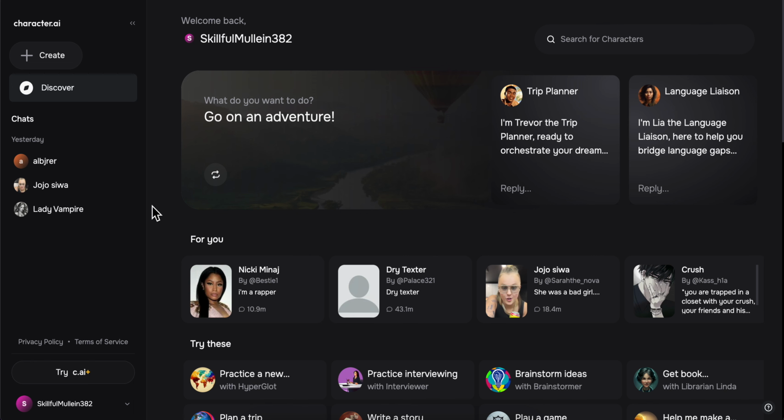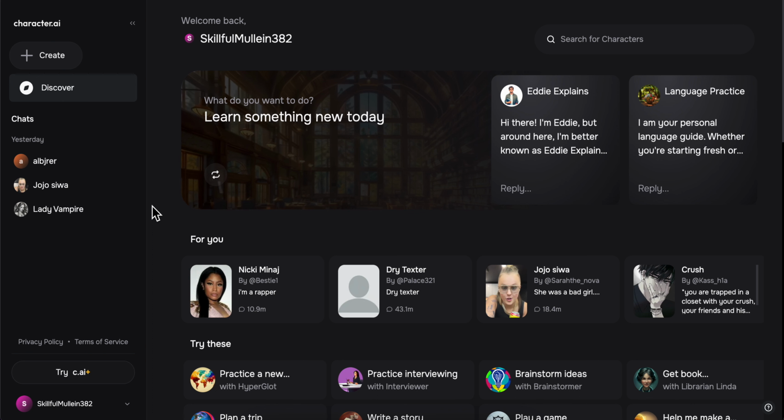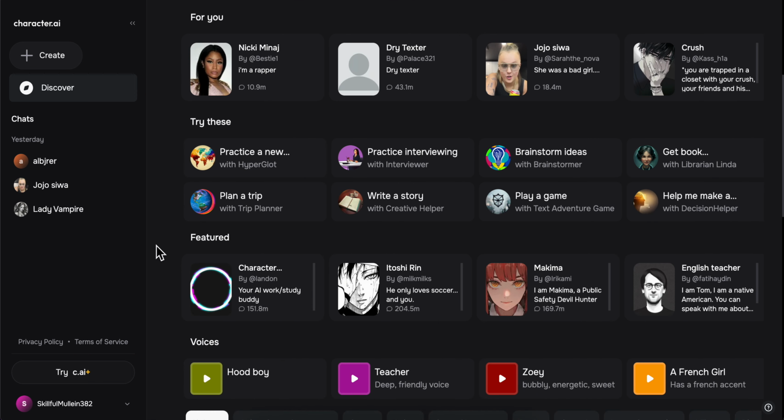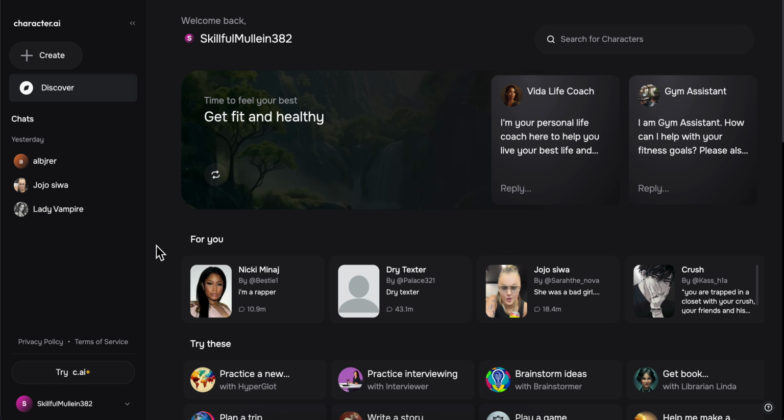How to fix character AI not loading. So if you have this problem with character AI, first of all, you're gonna have to make sure that you have a stable internet connection. Then you're gonna have to make sure that you're not using any VPNs. Now, after you make sure that you are okay with these two, you're gonna have to clear